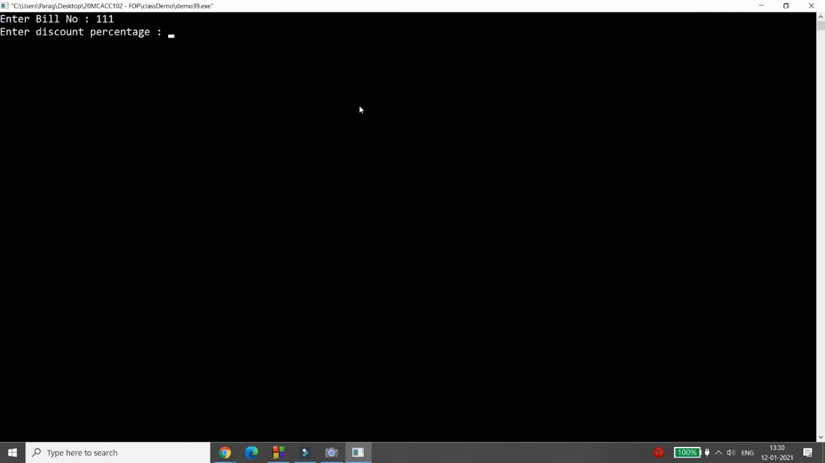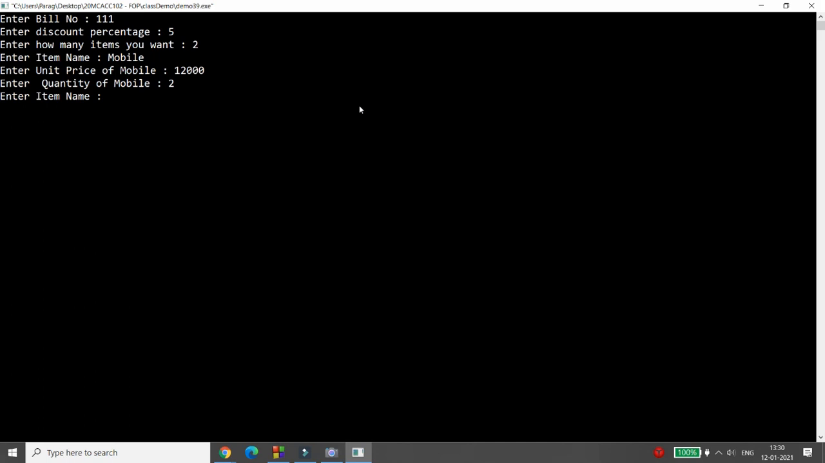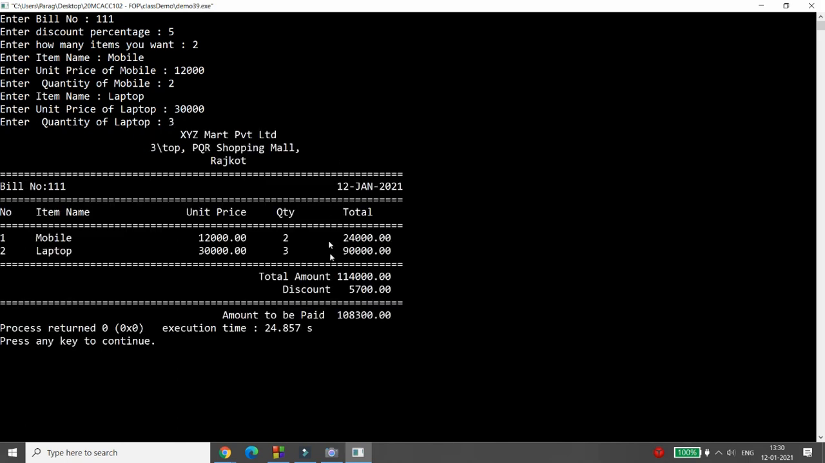For example, 111, what is the discount percentage? 5%. How many items? Only 2 items. What is the name of item? For example, mobile. Right? What is the unit price of mobile? For example, 12,000. Quantity 2. Item name, for example, laptop. Unit price 30,000 and 3 laptops. Now you will be able to see that the discount is 5,700. Why? Because you have entered the discount amount is 5%. So you can take the input from the user and then you can generate the